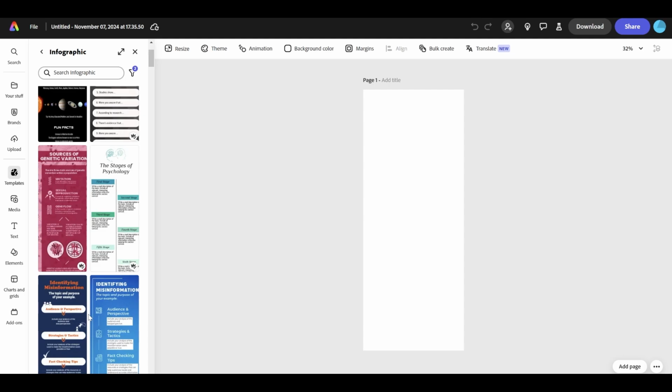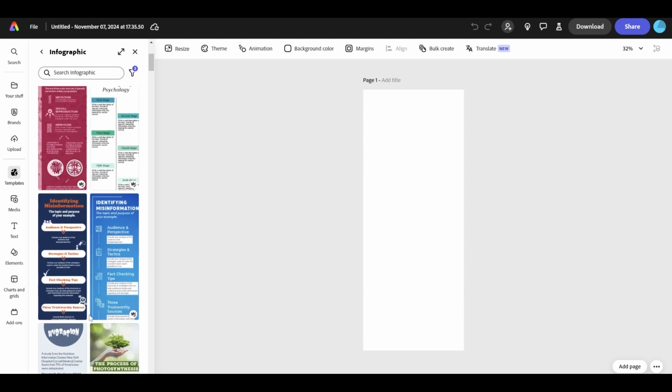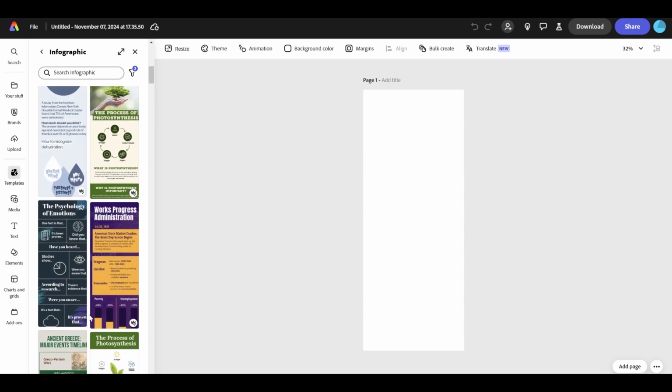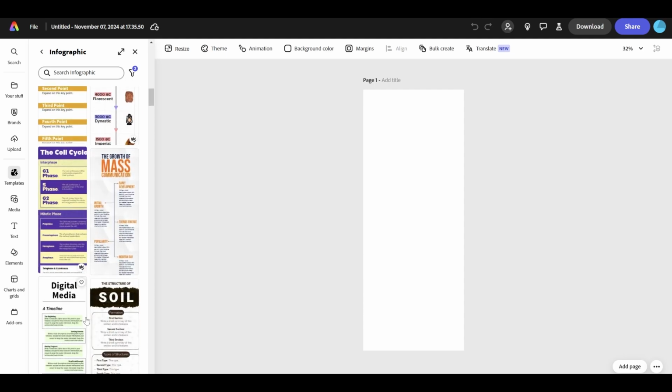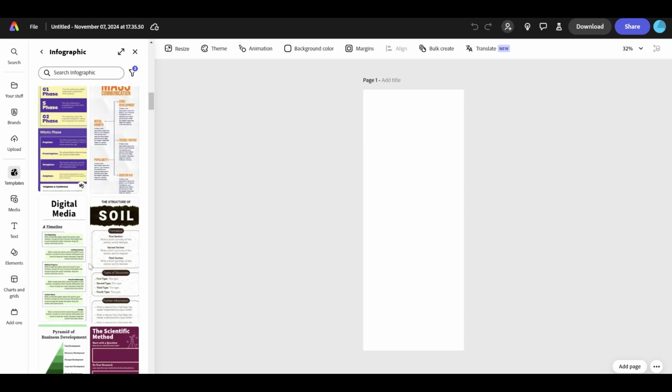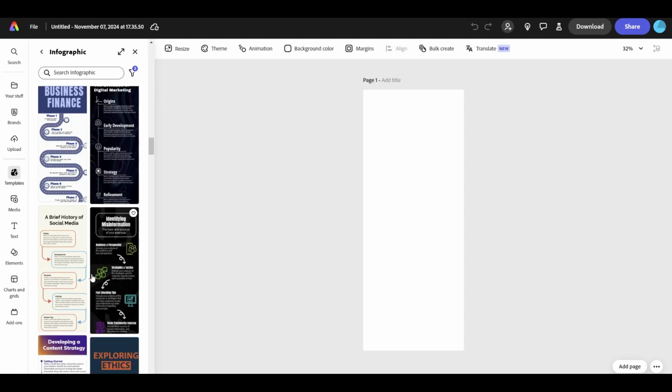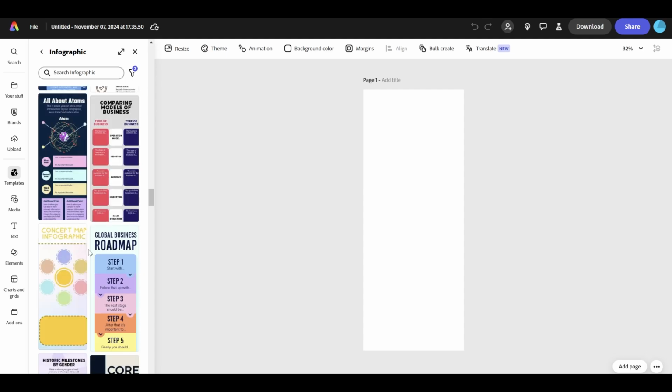Now, I'm not going to use a template, but I'm going to point a few things out with these templates, is that they all have a few things in common. Now, what makes a good infographic are these things that they share, which of course includes the title. These titles are bold, they are big, which makes them easy to read and easy to tell what the main topic of that infographic is about. The other things that they have in common include icons, graphics, shapes, arrows, and keeping that in mind, I'm going to make my own infographic from scratch.